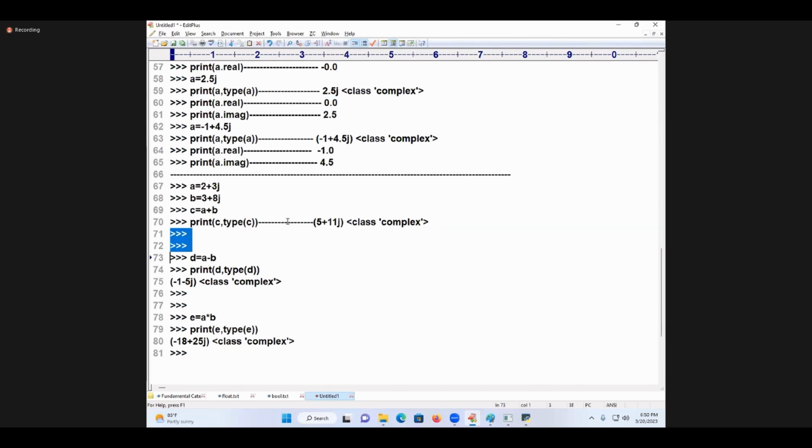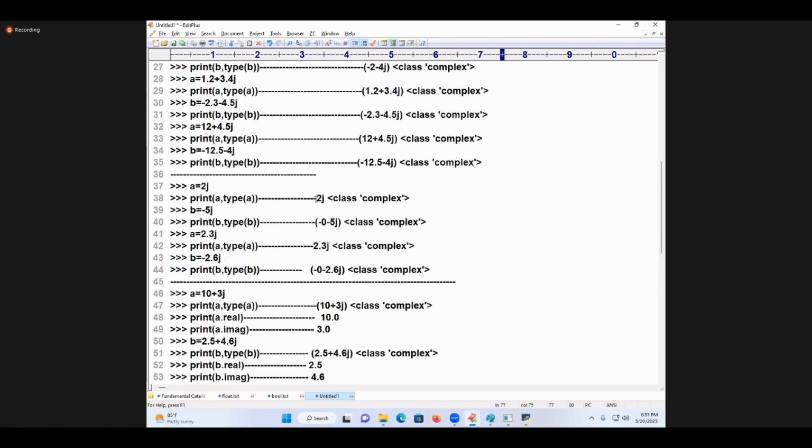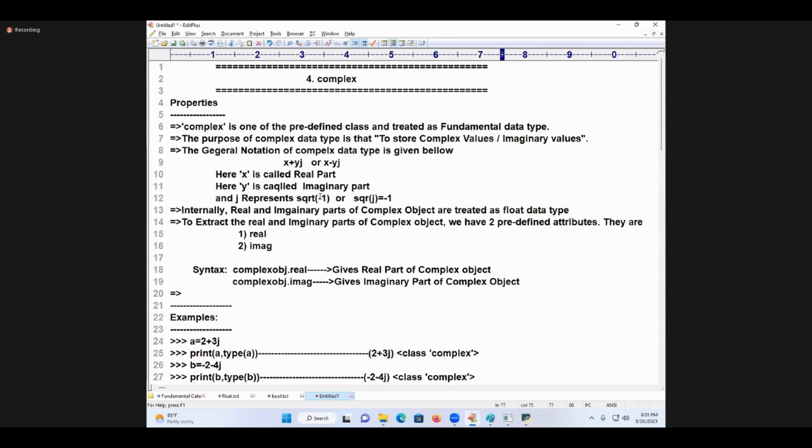Right. Coming to the next operation, I am doing the A plus minus operation. Same data, it is coming like this. Here I am going to take up the complete concept of the complex type. If anybody asks you tomorrow, will you answer like this? So complex properties are clear, right? I am writing: on the object of complex data type we can perform